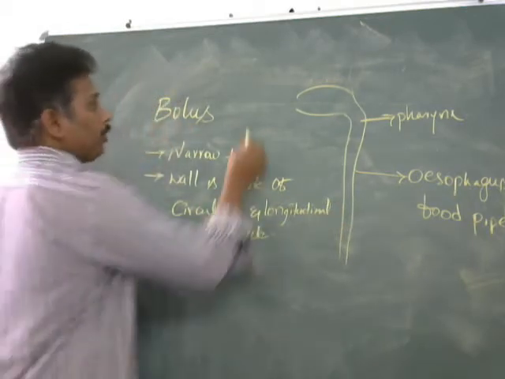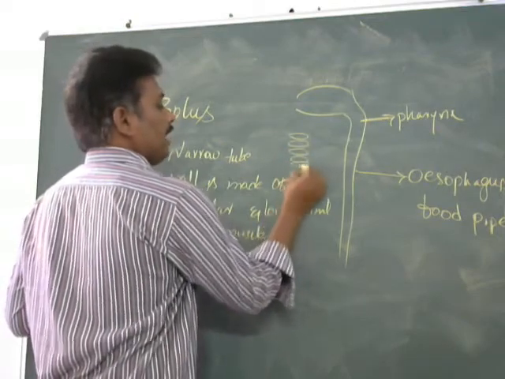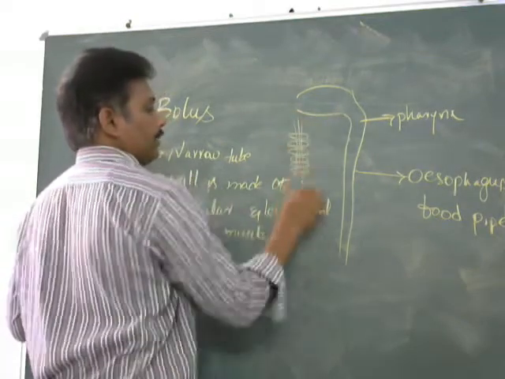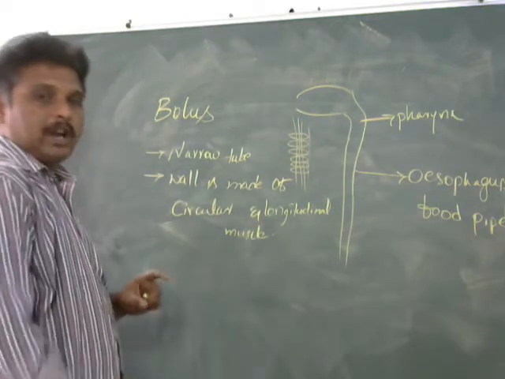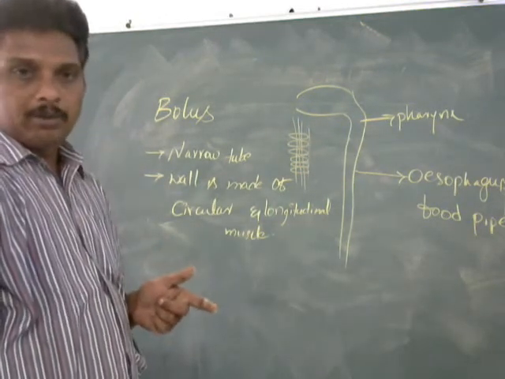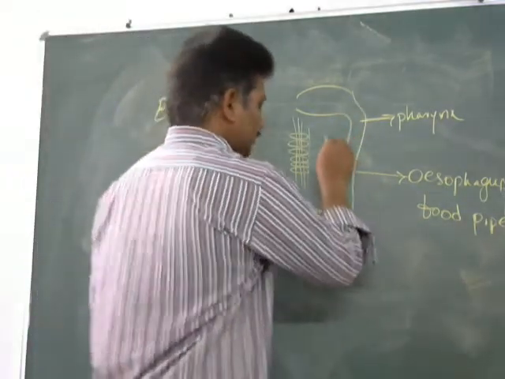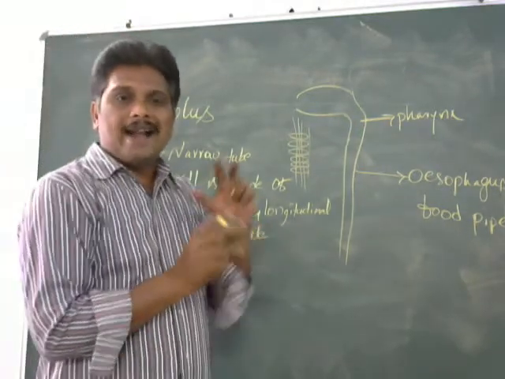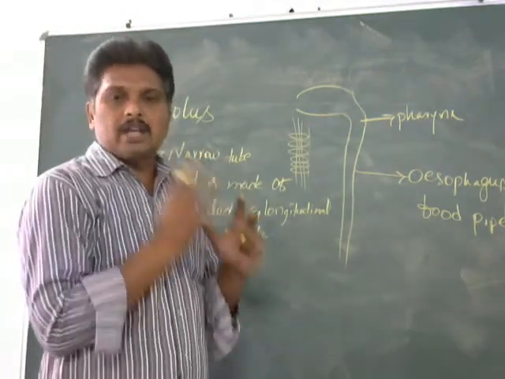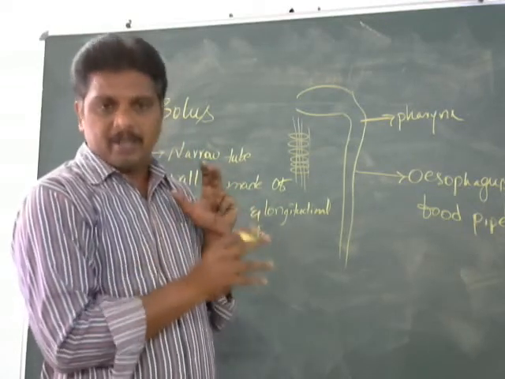These are circular muscles and these are longitudinal muscles. The wall is made of both. When food enters the esophagus, the circular and longitudinal muscles contract and relax in a rhythmic manner